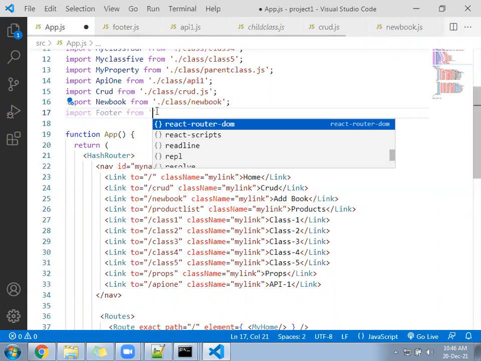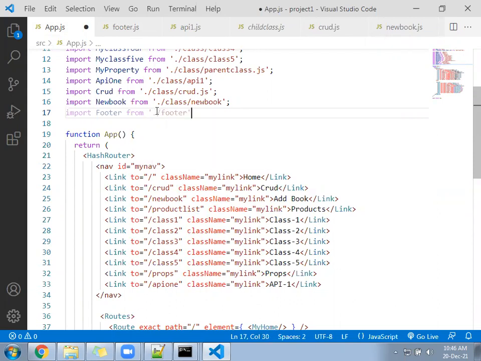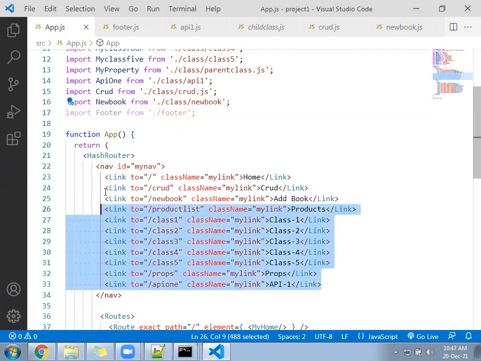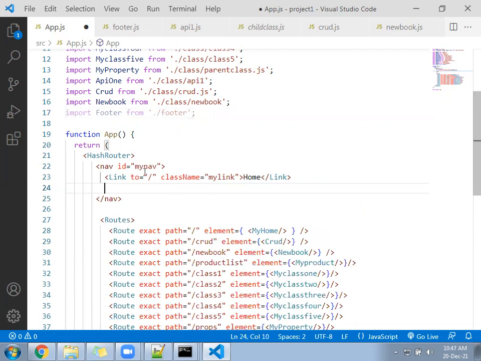It is in the src folder. Import footer from /footer. Now all these links you have written there, you cut all this. Links are not required here. We will keep the navigation free to add the functional component. Keep only one home link. Remaining you can delete from there.